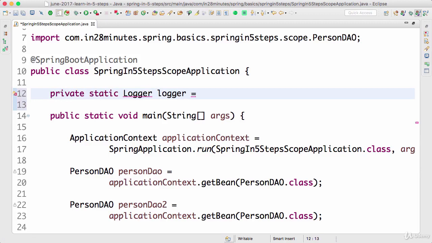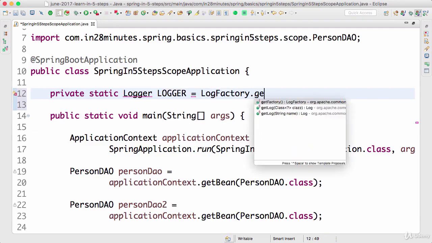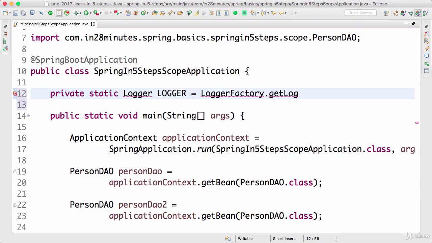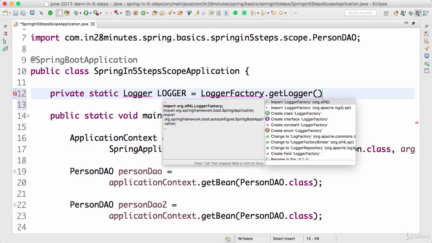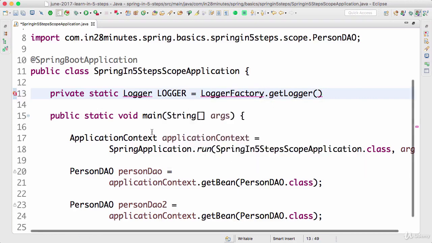I'll also put private static logger, and because it's static I would need to rename it. It should be logger equals LoggerFactory.getLogger. Let's import this in. Let's Ctrl+1, LoggerFactory from org.slf4j.